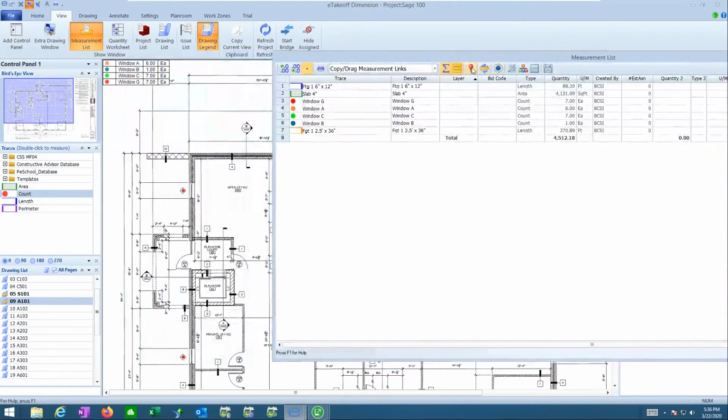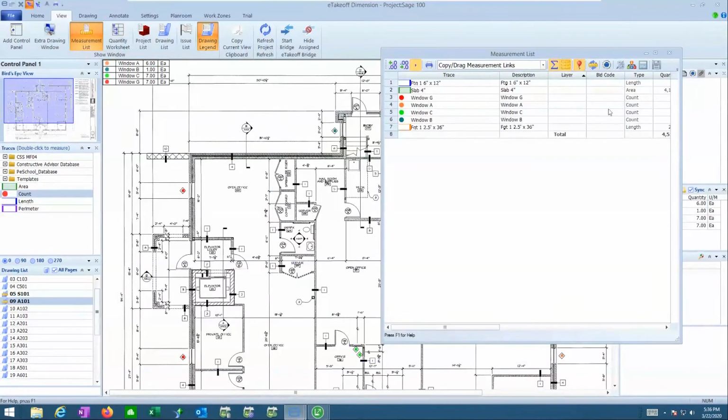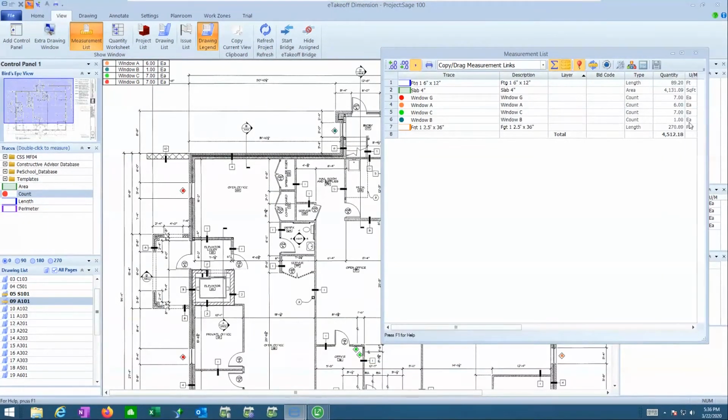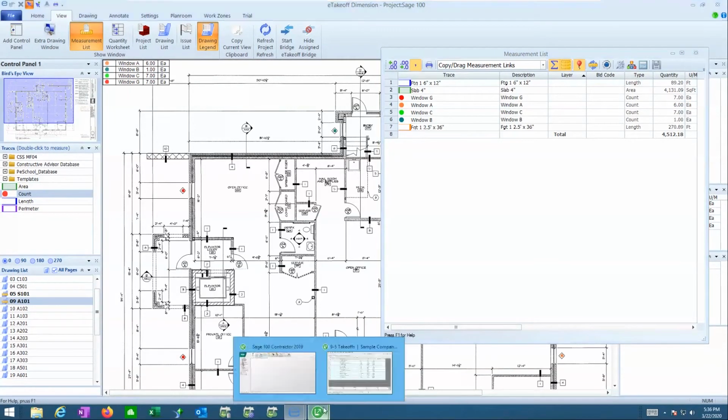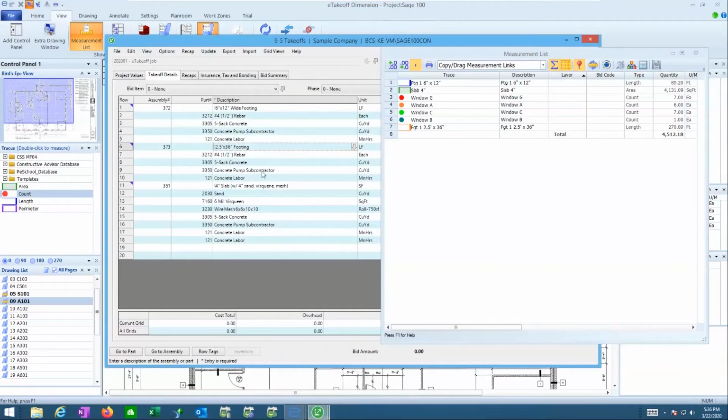So I can actually take that, and this will actually float this screen. And what float means is this is going to stay on the screen all the time. So no matter what I go and bring back to the front, so let's say I bring my takeoff back here, I can still see this window. So that float basically just keeps it in the foreground.